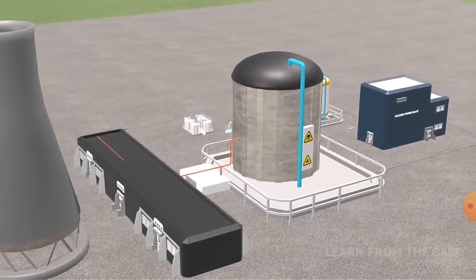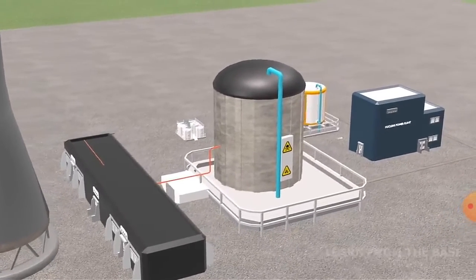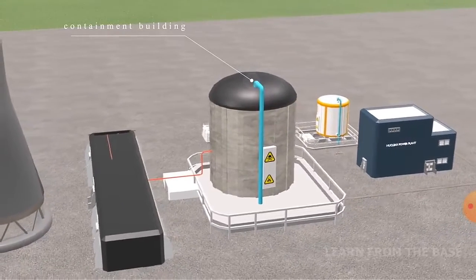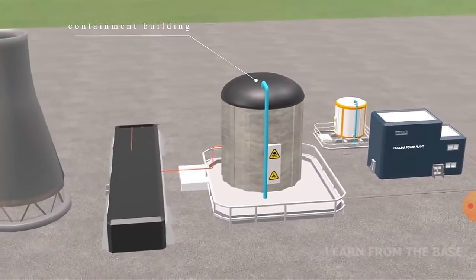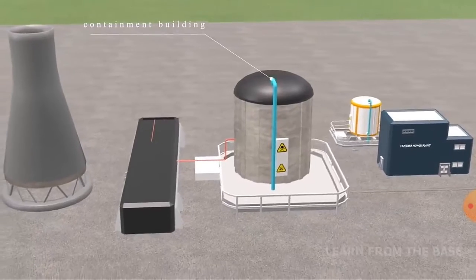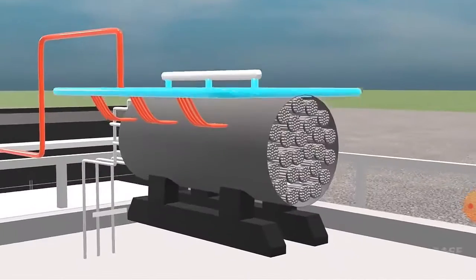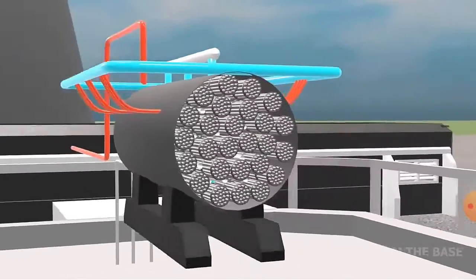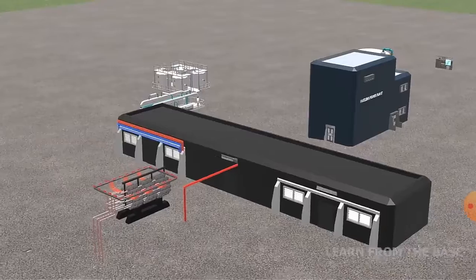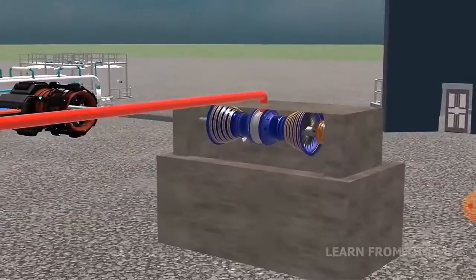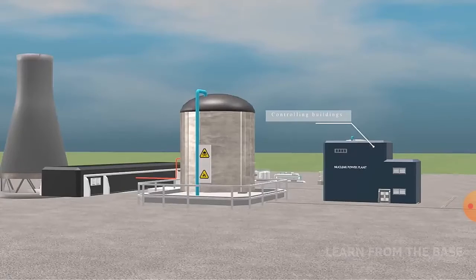Here, see, this is the arrangement of the nuclear reactor, where this is the building. We see this container, that is the containment. In this containment, there are a large number of uranium atoms, that is, the radioactive elements. Here, this is the generator, and this, if we see here, is the controller.